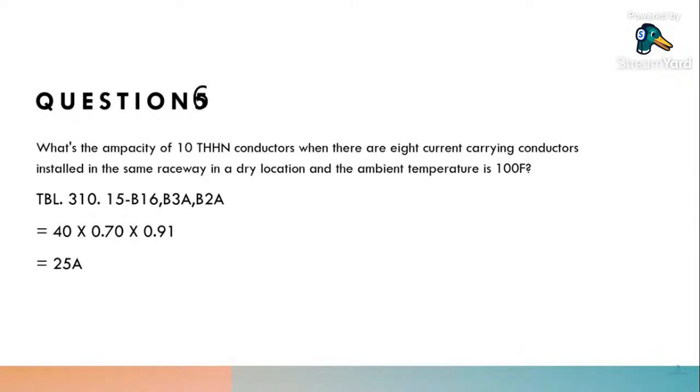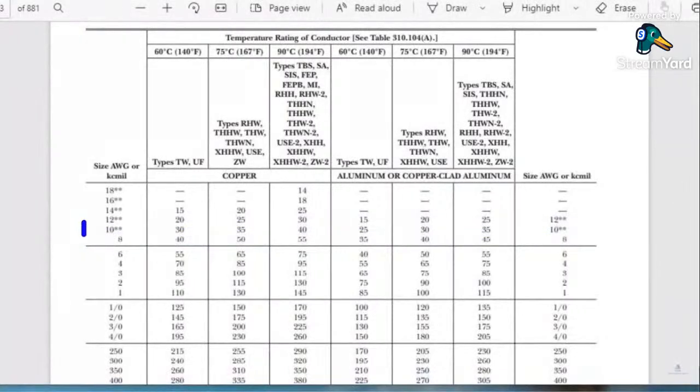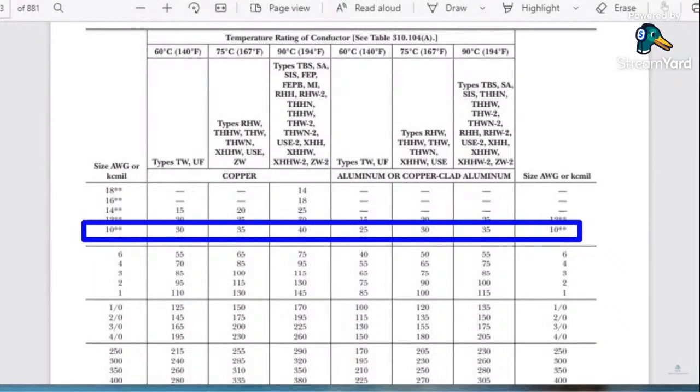So basically, going from the table 310.15(B)(16), you can see where we have this adjusted value for the 10 AWG to be